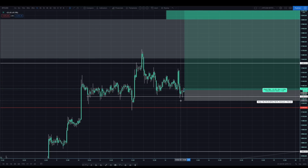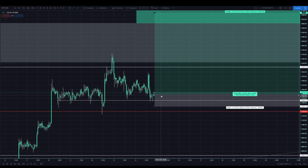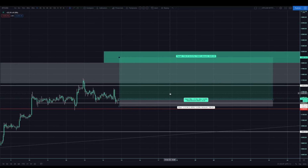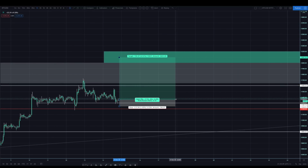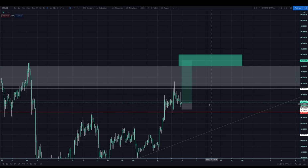I would actually just say let's go in here, because there's wick activity there. So if it's going to go down, it's going to go down. But if you were to enter right now, if that even pushed you up to there, it wouldn't be too much of a problem. You have to watch out for wick fishing, but this overall could actually be a very nice 6.5% setup. I'm going to happily miss out on this one for the time being, but I'm going to wait for this. So if we do break below,